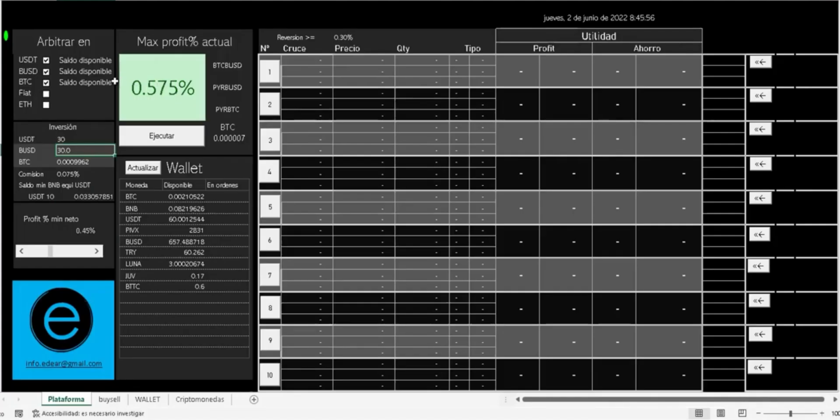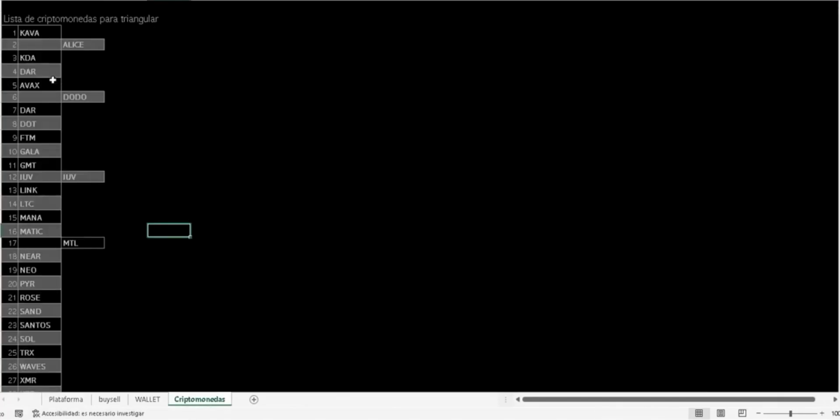After choosing the 30 crosses, they are related here. I choose those 30 or less, they don't necessarily have to be 30. I choose those 30 crypto coins and relate them here, and the system already begins to look for operations with crosses of these coins, obviously with Bitcoin, with USDT, with BUSD, with Ethereum and with coins with fiat money. By already having that configuration or having that database,